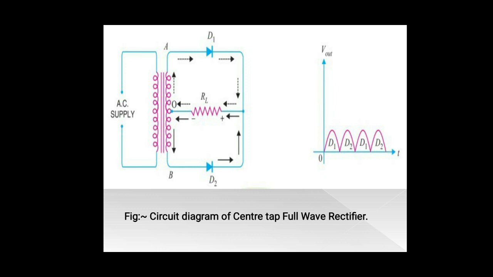During the negative half cycle, terminal A is negative with respect to terminal B, which means terminal B is positive. Diode D2 is forward biased and diode D1 is reverse biased. So during the negative half cycle D2 is on, and hence the output appears in both half cycles across the load resistance RL, and therefore the full wave rectification process.